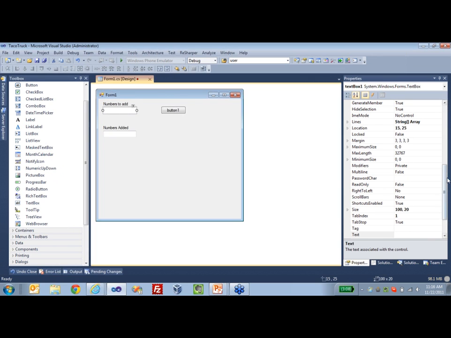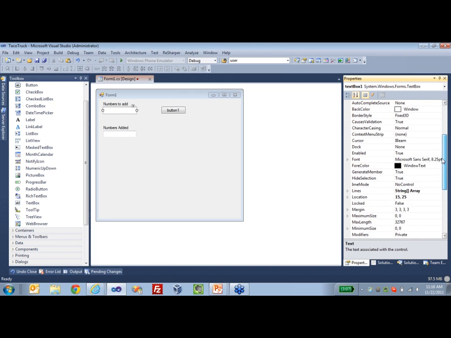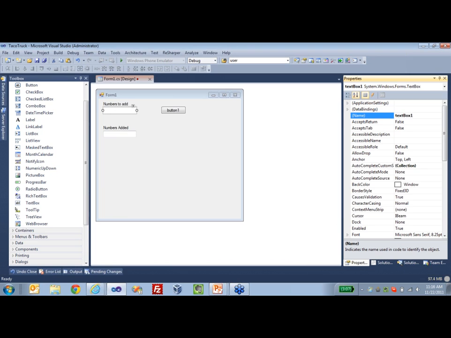Label, text box. Now here, I'm not going to set initial text. I could if I wanted to. I could set an initial text, and when the application starts, it says welcome. Yeah, I'm not going to in this case. I want it to be blank. We're going to change the name of it to be